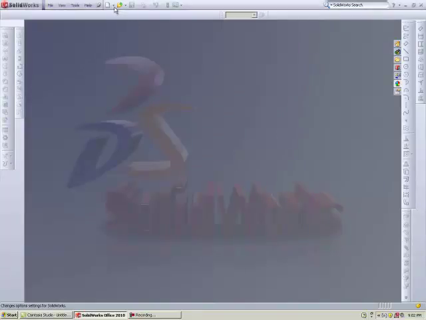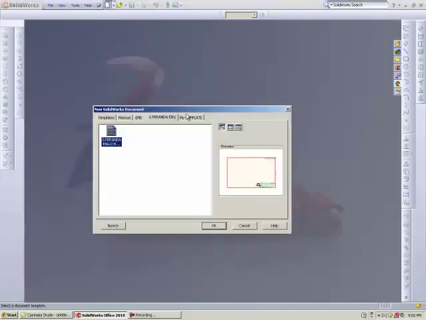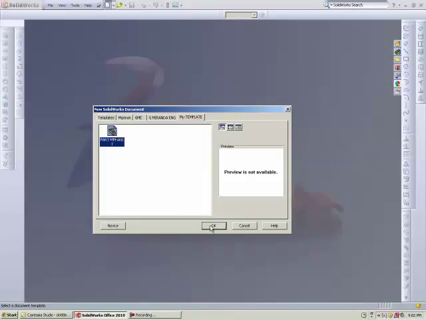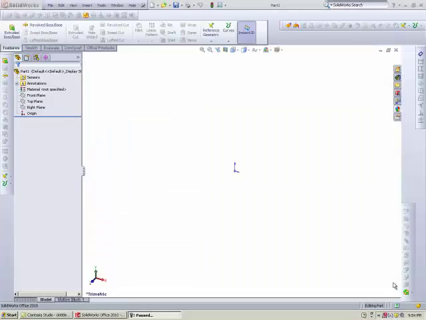Okay, now I'm going to come up here and select New, and you'll see I have several templates on my home computer here, but you'll be looking for the template marked My Template. Okay, and we should have our part millimeter ANSI standard template, and I'll select that and select OK. Okay, so we're